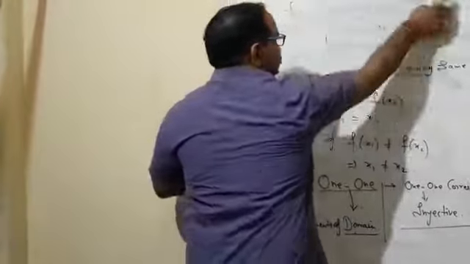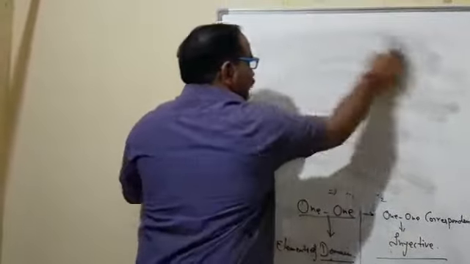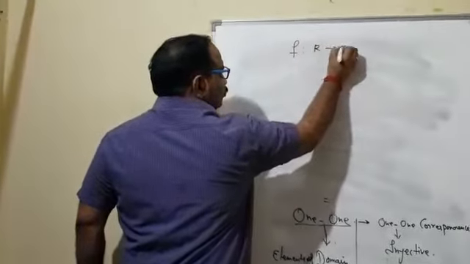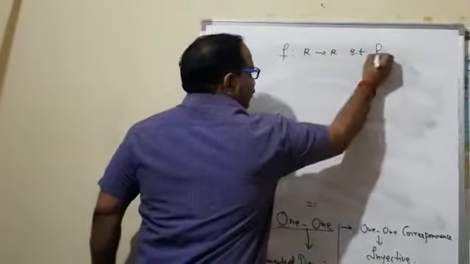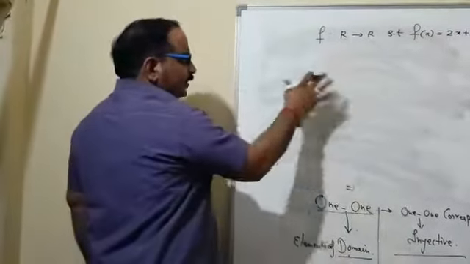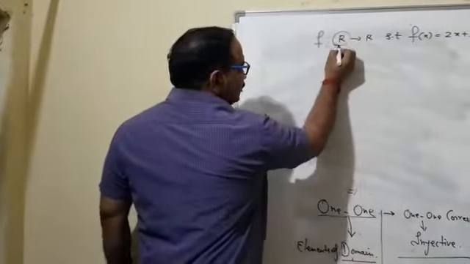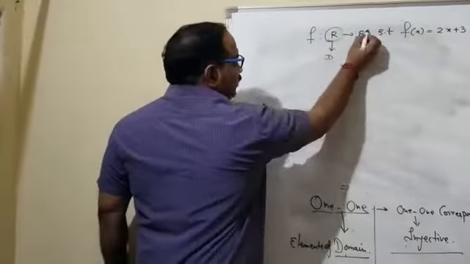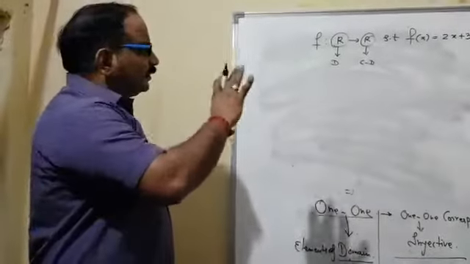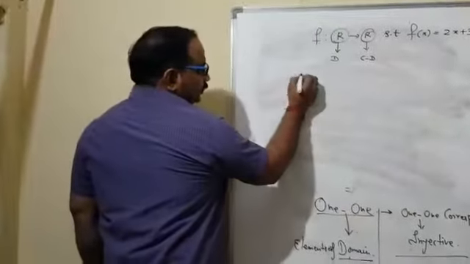For example, if I take an example here, a function f defined from R to R such that f(x) equals 2x plus 3. It is very clear, and we have to prove it is a 1-to-1 mapping. How can we prove it is a 1-to-1 mapping? See guys, this is the domain and this is the codomain. These two things should be very clear in front of you when the question comes for proving a 1-1 mapping. Now how should we do that?